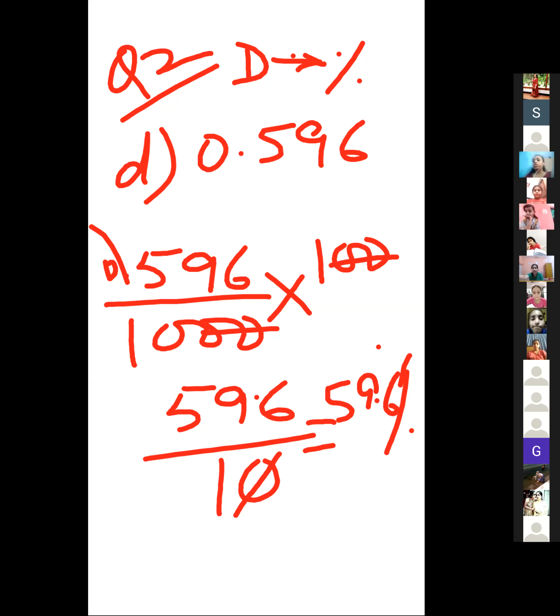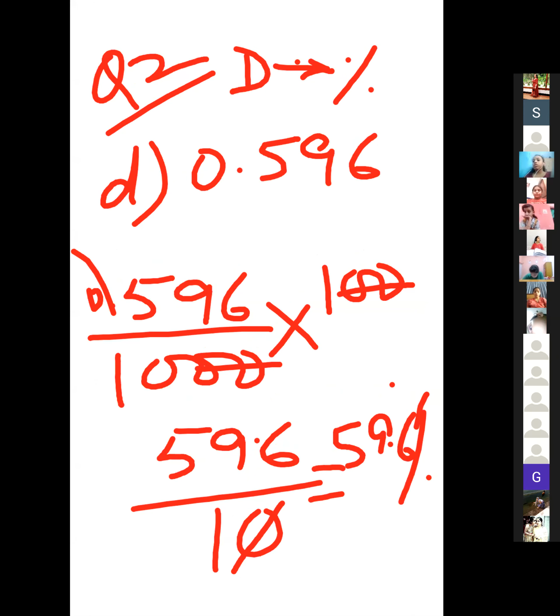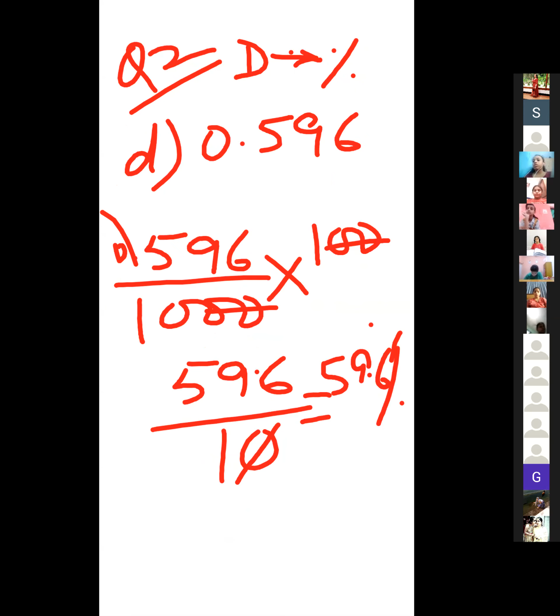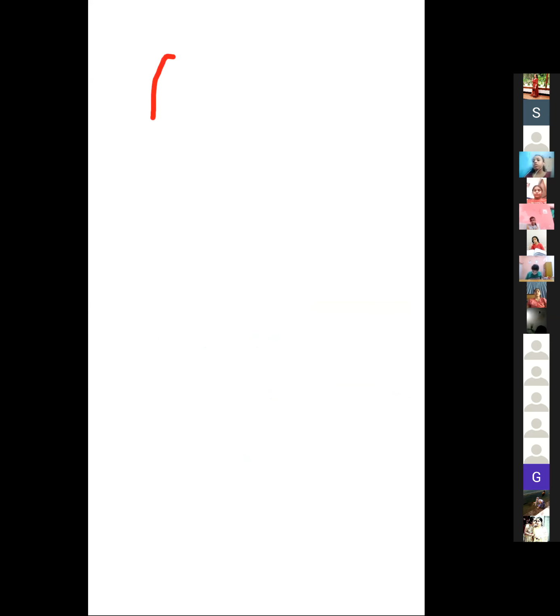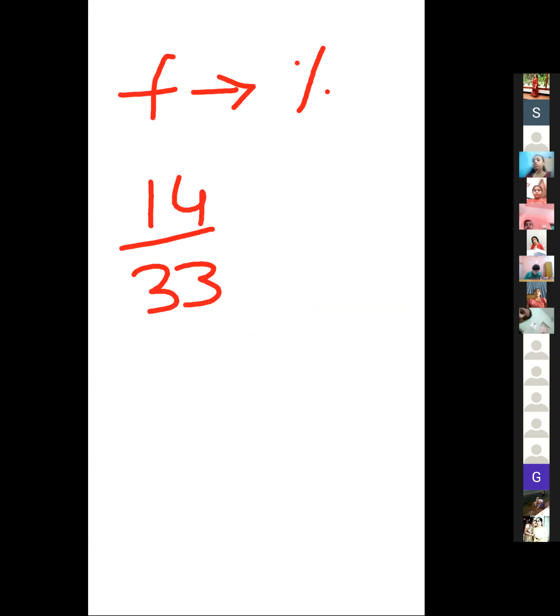Unmute yourself. Yes, Simarpreet. Yes, ma'am. Ma'am, please explain the first question again. Okay, now see here. In the first question, fraction into percent. ध्यान से सुनना. Fraction change into percentage. Fraction क्या है आपकी? 14 upon 33. Now you have to change into